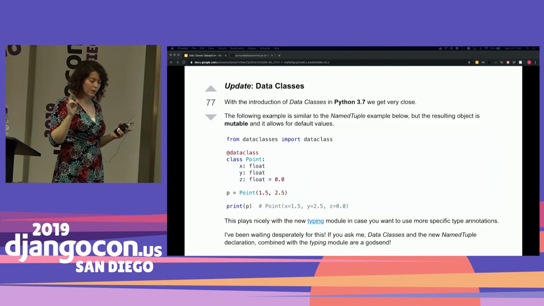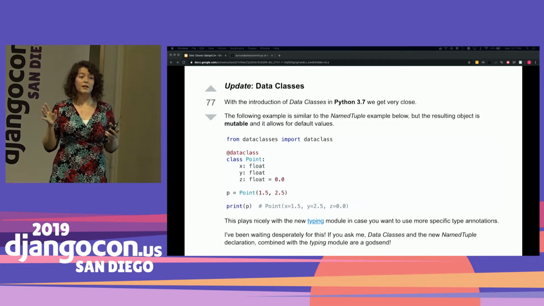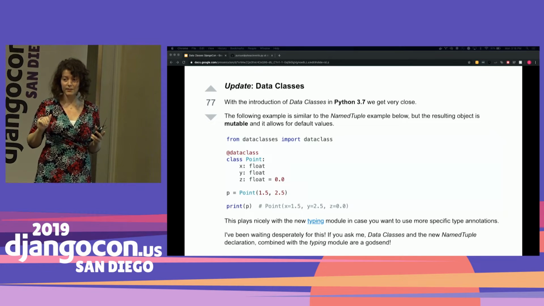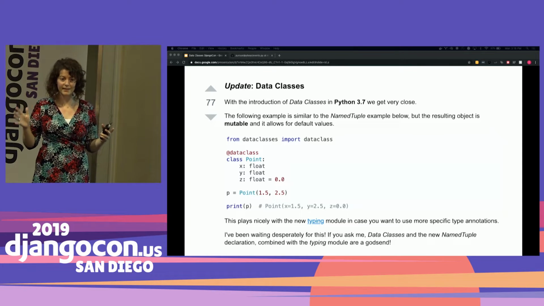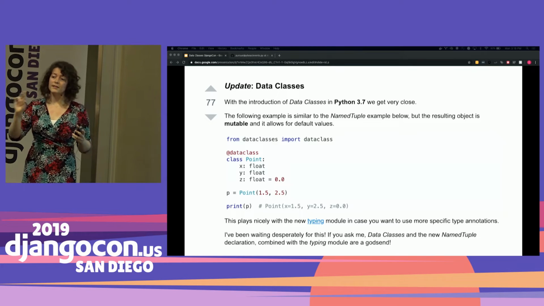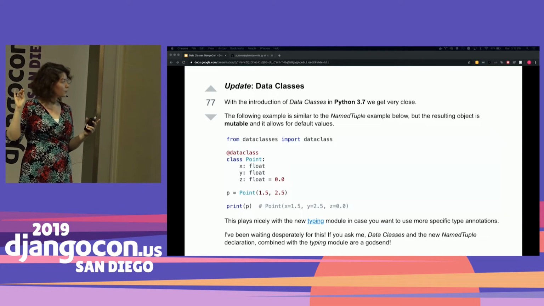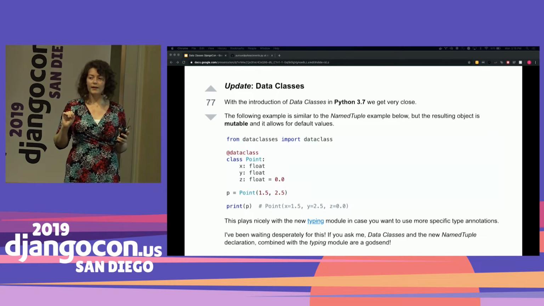As of last October, this post was updated with, hey, this is the answer. If you're looking for a C struct in Python, a data class is that. It provides you flexibility. It syncs with the typing module. It plays nicely with a lot of the new features rolling out around annotations and all that stuff.